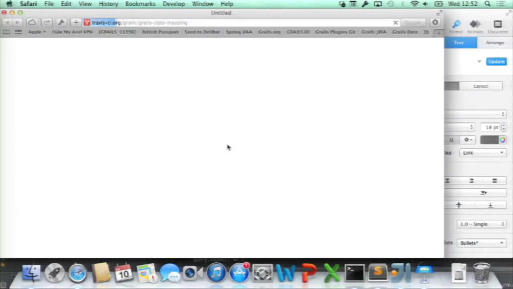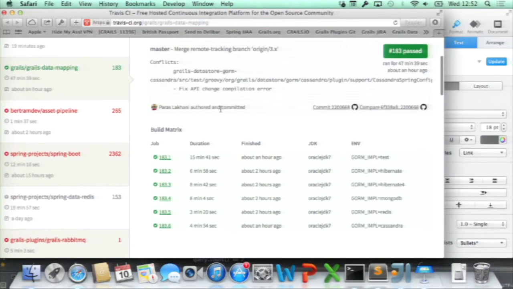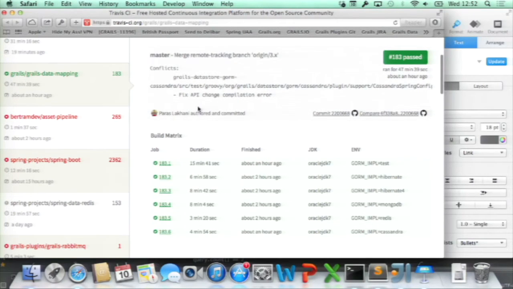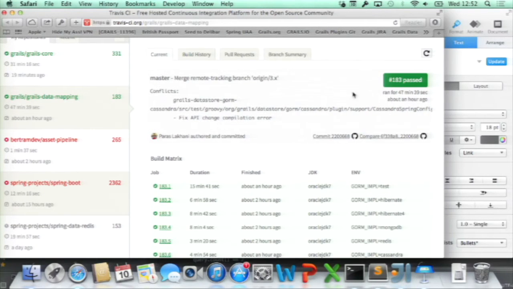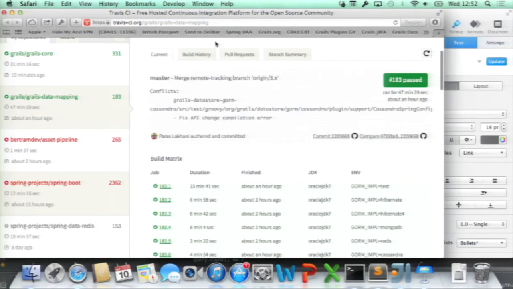In fact, if I open this up, you'll see our Travis CI instance and the latest job. Paras Lakhani is our most recent external committer, and he is contributing heavily to GORM for Cassandra at the moment. He is amongst 2 external committers that we have working on GORM for Cassandra, and he just made a commit, which was 47 minutes ago. No, it ran for 47 minutes. Sorry. When was the commit? Well, it'll probably appear on GitHub if I look at this commit message. The commit was 2 hours ago, and you can see that